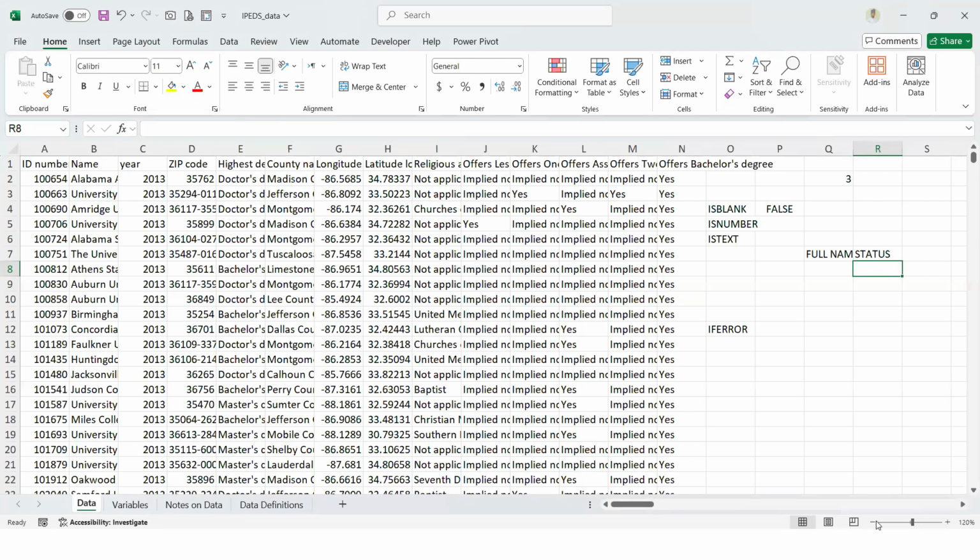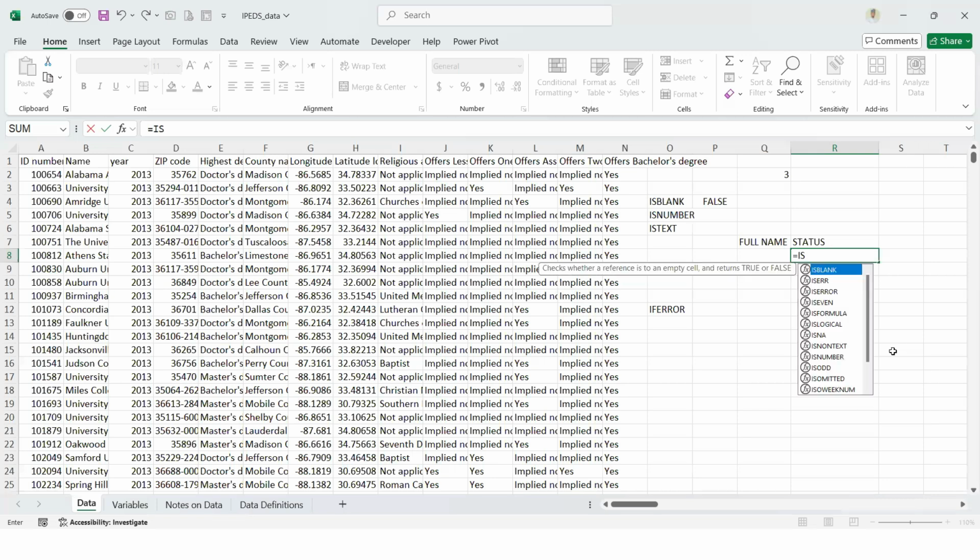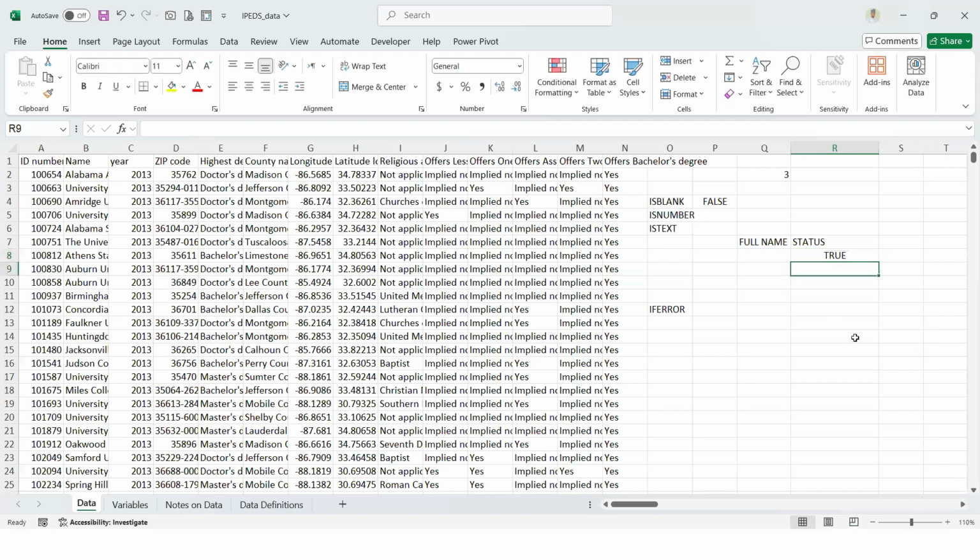Okay, so let me say equals ISBLANK. I just want to take it step by step for you so that you will understand what it is. So if I say ISBLANK, open bracket, and I click on this cell, I close it, it will automatically tell me it's true. So I want to create IF conditions surrounding this ISBLANK. So I'm going to say